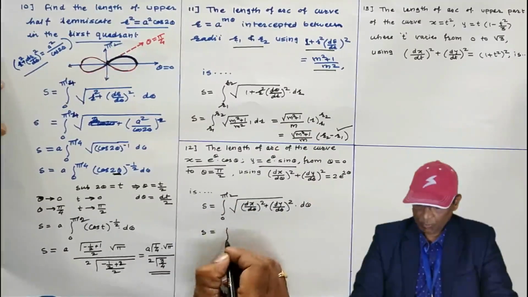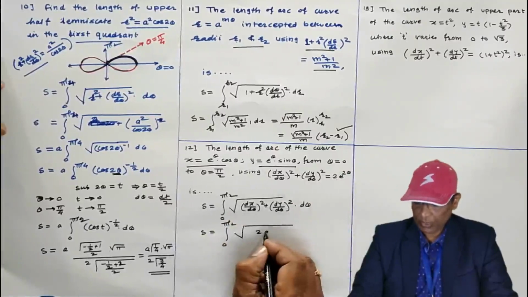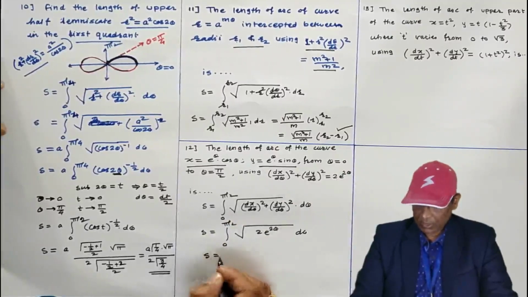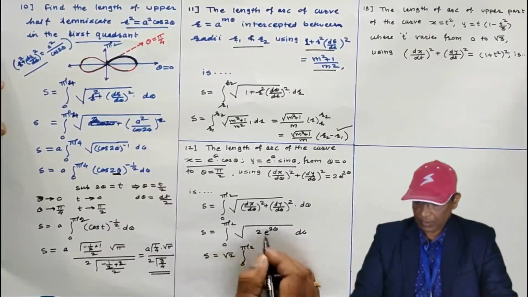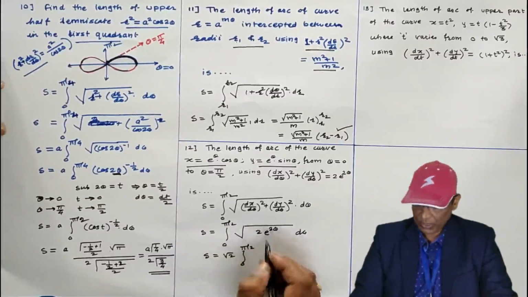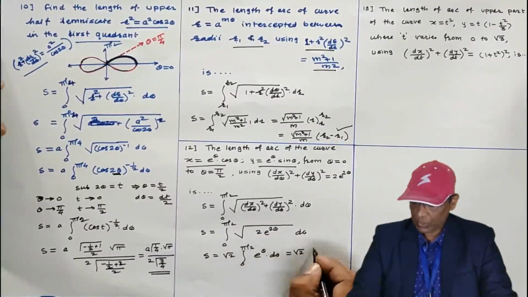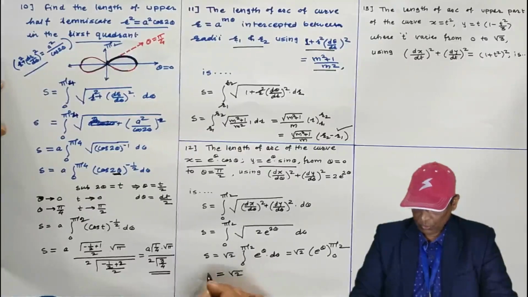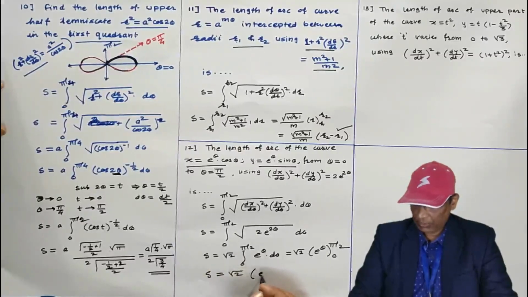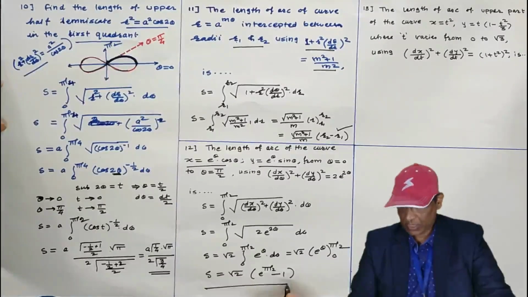Then the value of this component is also given to you in the problem. It will be 2 e to the power 2 theta. Then s equals root 2, which you can take outside of the integral. Under root of e raised to 2 theta is e to the power theta. The integral of e raised to theta is e raised to theta with respect to theta. Upper limit and lower limit we have to put. Root 2 is as it is, and put theta equal to pi by 2 and theta equal to 0, e raised to 0 is 1. Okay, this is the length of arc for this curve.